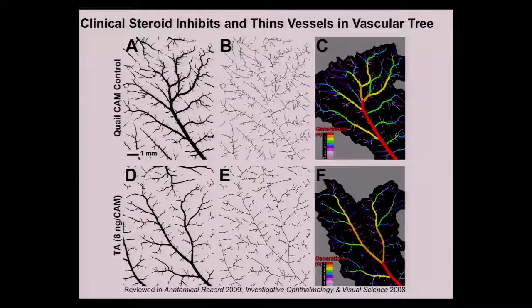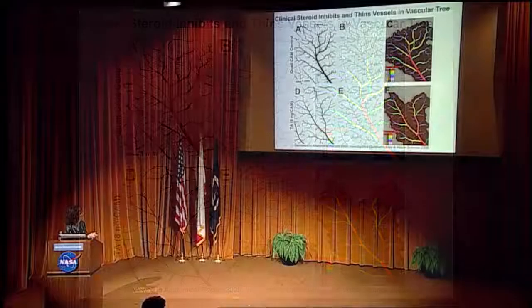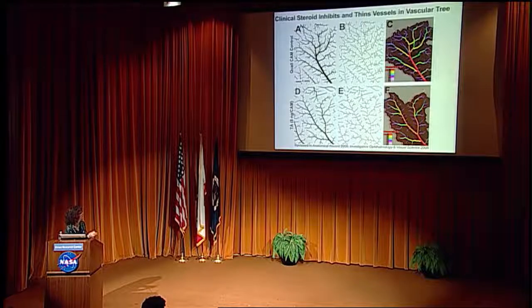So again, it was no surprise that we did measure and quantify the significant inhibition of the small vessels by this drug. However, because of the vascular patterning capabilities of our analysis, we did make, I think, a novel, useful discovery, in that the steroid also thinned the diameters of the vessels throughout the